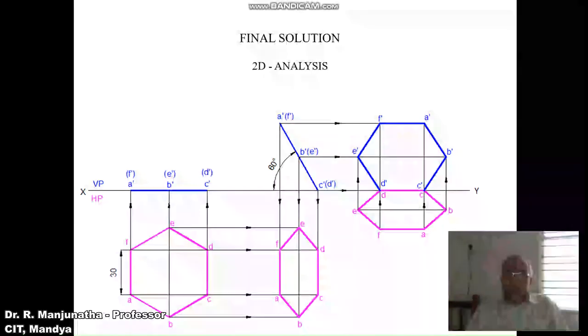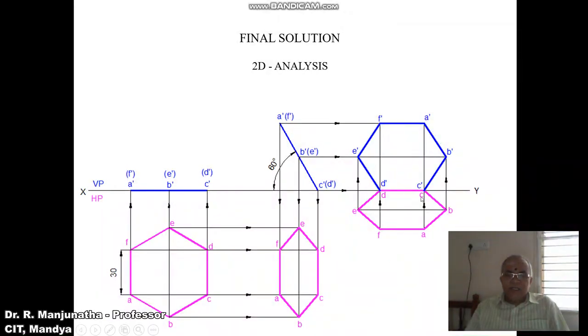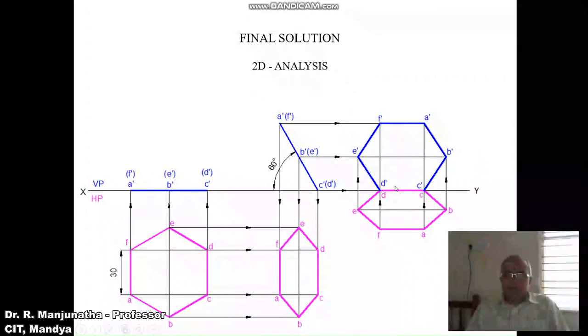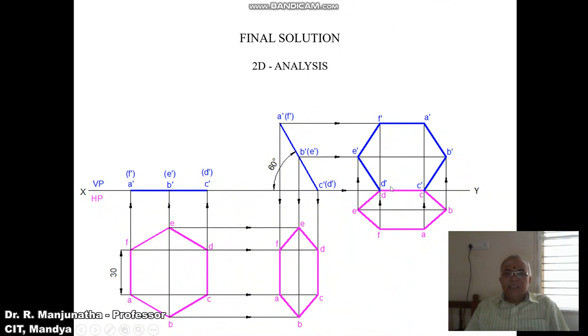So that means if the CD is resting on the XY line, then it is resting on VP. If C dash D dash is resting on HP, then C dash D dash will be on the XY line in the front view. Then the surface makes an angle of 60 degrees and it is a hexagon of 30 mm. This is how we will be able to see that, since we have considered all the parameters given in the problem, the problem is